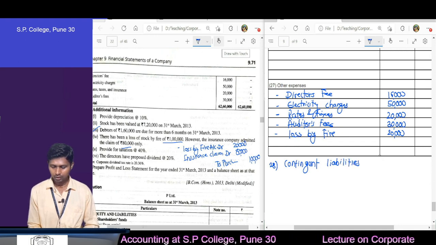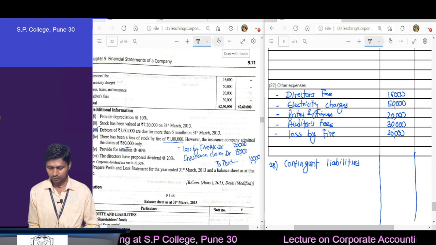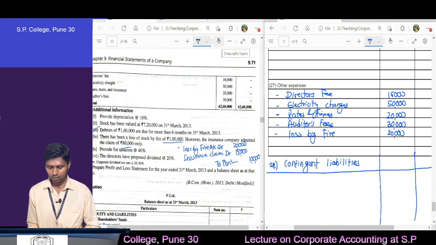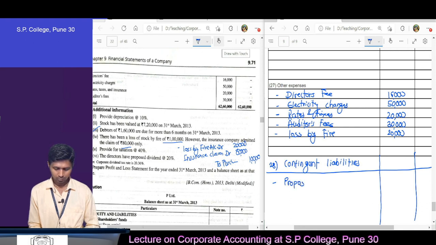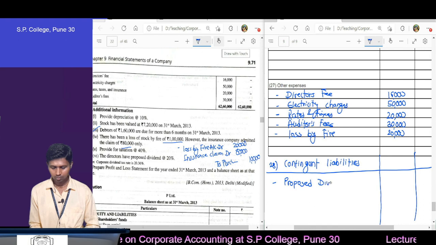In contingent liabilities, write this dividend, proposed